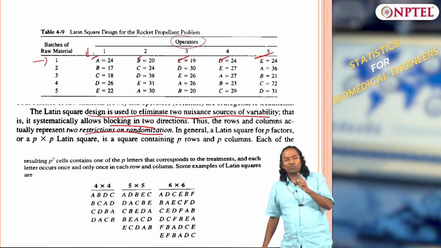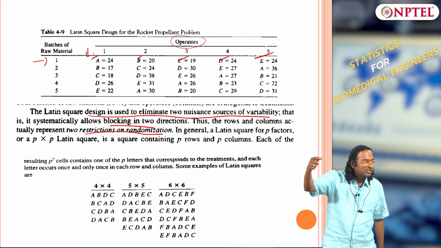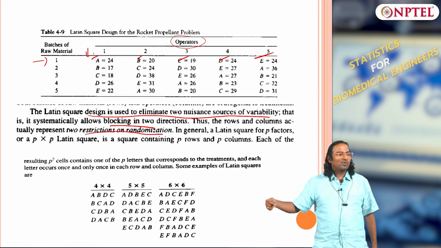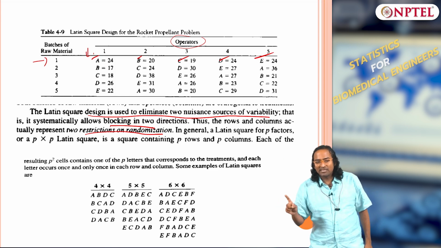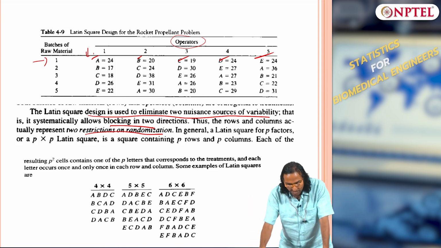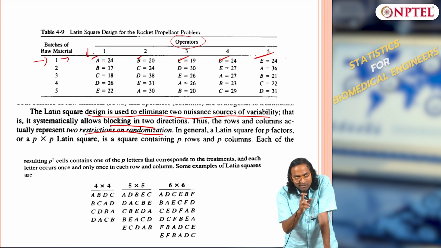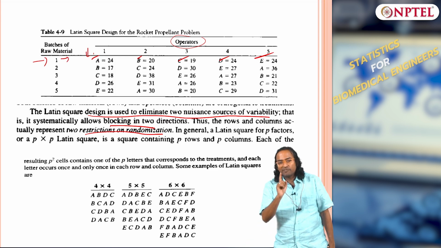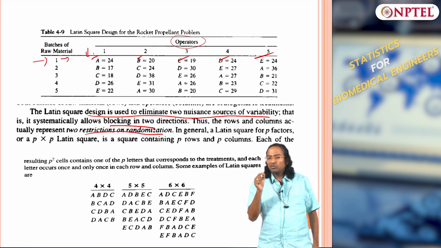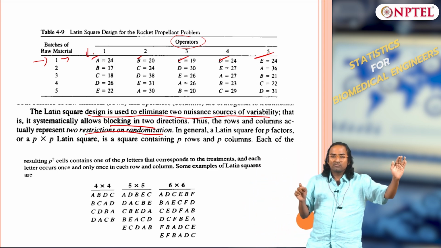If I do not have a square design, then the problem is the treatment repetitions will be different in each row, and therefore you will not be able to block the nuisances. You understand? So if you look at the first row, it contains all treatment levels. Remember, when you want to block, what should you do? If you want to consider age as a factor, you have to give the same drug across age groups.